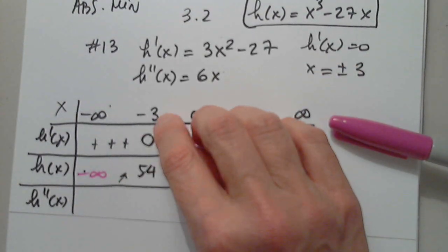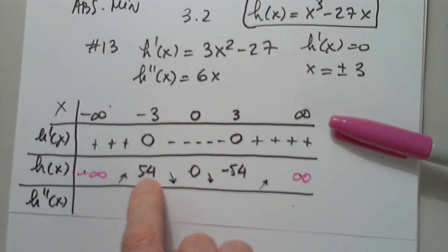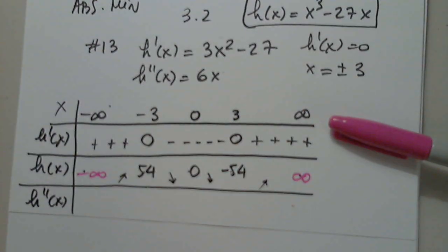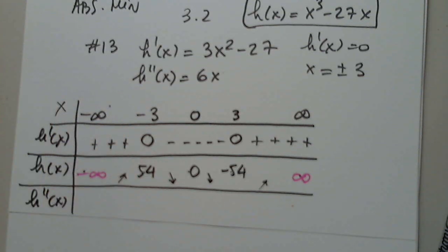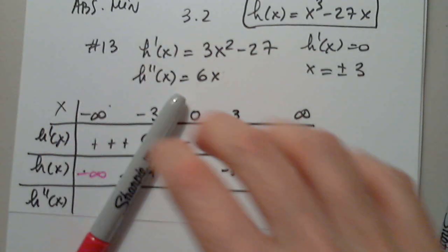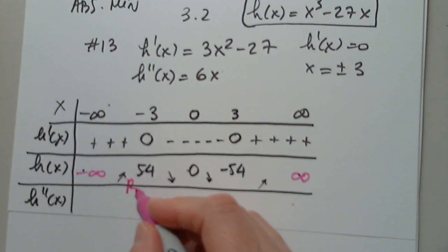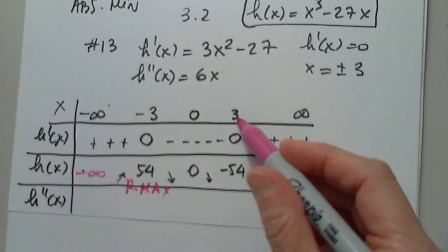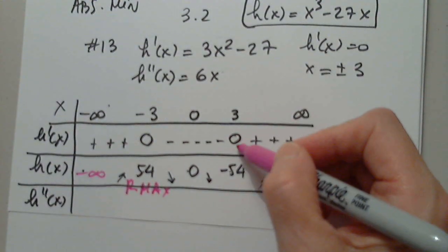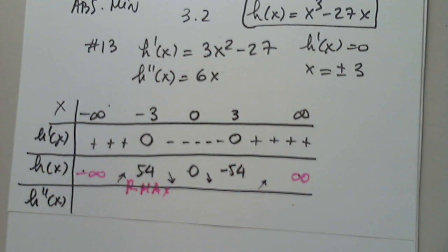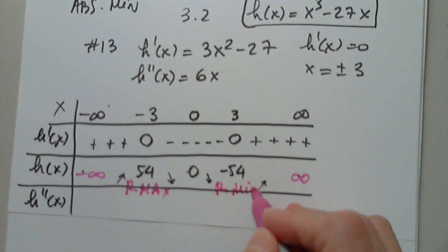Now, we have to identify this point, -3, 54. Of course, this is the x and y intercept. But negative 3, 54, what type of point is it, and 3, negative 54, what type of point is that? The first one. What do you think? Yes. The arrows tell me exactly what it is. Exactly. So this is a relative max. What about 3 comma negative 54? Not 3, 0. This is the derivative. The point is 3, negative 54. Relative min. Yes. It is indeed a